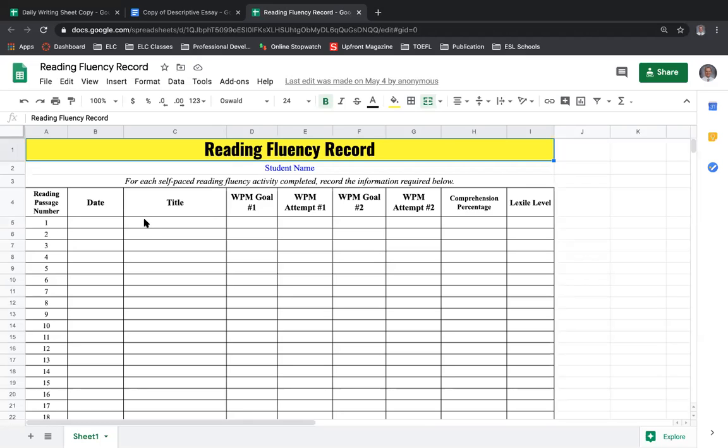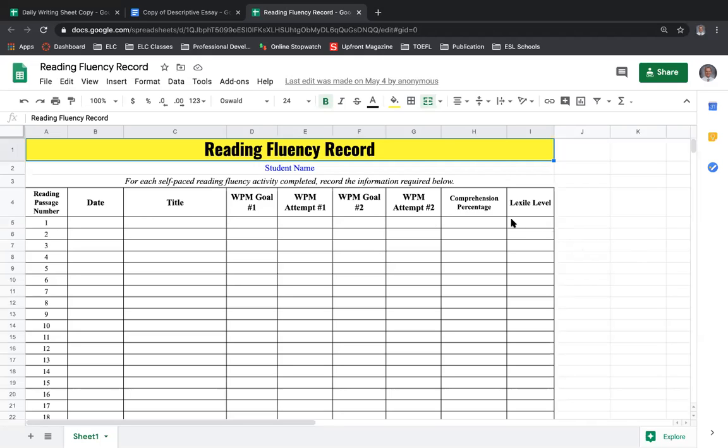And so give them a passage to read, and passages could come from really anywhere, as long as you know the Lexile level, which is helpful. And for your students, make sure that you give them something that's not too difficult for them to read, but also not too easy. So I give them the title, I tell them what the Lexile level is, but you could let them choose if you really wanted to. I just like having it so that everybody's reading the same passage and we can see everybody's progress